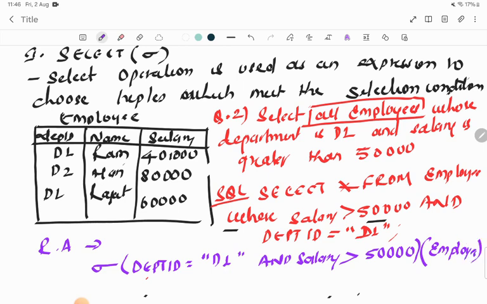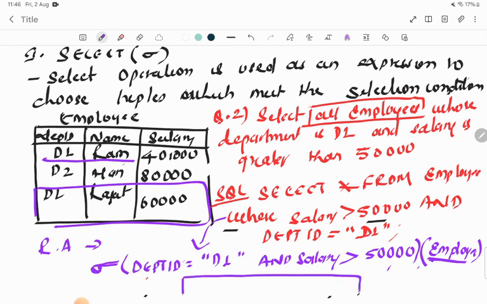See, so this is the relational algebra for this SQL command. We have to select department ID and salary, where department ID is equal to D1 and salary is greater than 50,000, from the employee table. So what do you have to select? If there is a select command, it means that we have to display the whole tuple, that is D1, Rajat and 60,000. It is going to display a complete row from the table because we are going to use